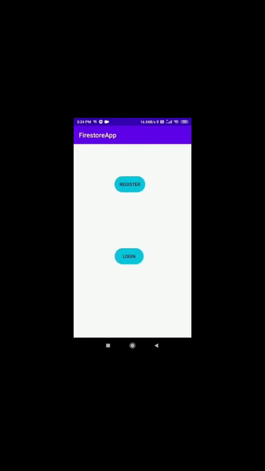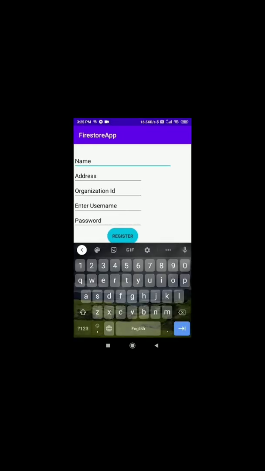This is the hospital part where we have registration and login. So first we will register one user. Here we give the name of the hospital, the address, any organization ID which can be used for further purposes, and the username that is to be used while logging in.